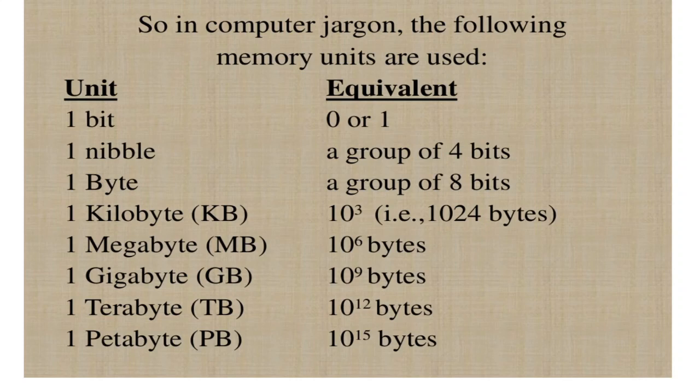If you are asked about the relation between kilo and mega, 1000 kilobytes make 1 megabyte, and 1000 megabytes make 1 gigabyte. So it goes on. Next is 1 terabyte, that is TB. You might have heard of it again. TB is usually used in external hard drives, whatever memory is used for storing, we call it TB, and that is 10 raised to 12.